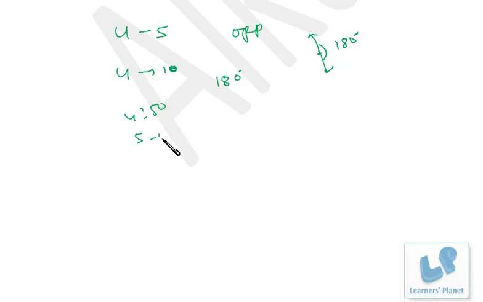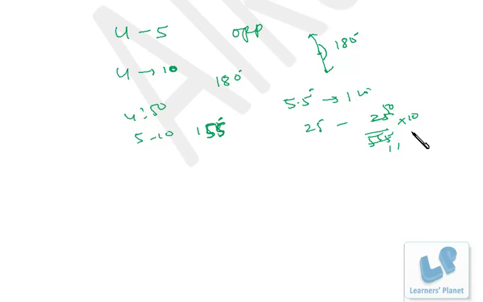From 5 to 10 it's 150 degrees, and in 10 minutes it's 5 degrees, so the angle will be 155 degrees. Okay, so at 4:50 the angle between the hands is 155 degrees, but we want it to be 80 degrees, so we have to get 25 more degrees. Now we know that it's 5.5 degrees per 1 minute, so 25 degrees will be 25 by 5.5,